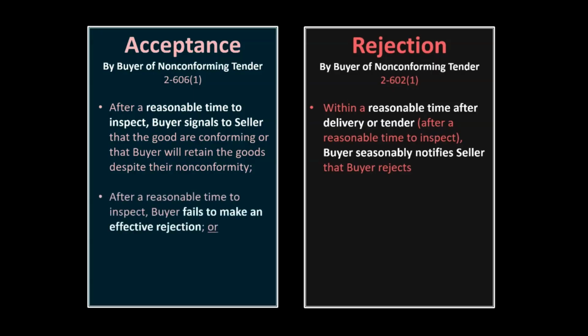A second way the buyer may accept the goods is that after a reasonable time to inspect, the buyer simply fails to make an effective rejection. Stated differently, silence or inaction on the part of the buyer after the seller's tender constitutes an acceptance by the buyer of the seller's goods. Likewise, failure by the buyer to give timely notice of rejection to the seller constitutes an acceptance by the buyer of the seller's goods. So if after a reasonable opportunity to inspect the goods, stated differently, after a reasonable time after the seller's tender or delivery of the goods, the buyer fails to effectively reject the goods, the buyer defaults